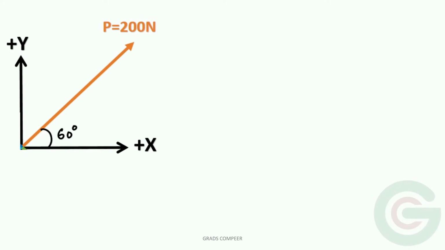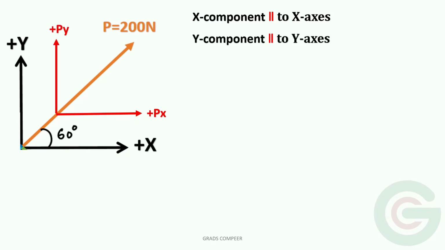In order to find the components, first we need to draw the directions of the components. Second, we need to find the angle which the force makes with its x component or the x-axis. So the x component is drawn parallel to the x-axis and the y component is drawn parallel to the y-axis. Here Px is the x component and Py is the y component. We can say that Px and Py are the components of P and P is the resultant of Px and